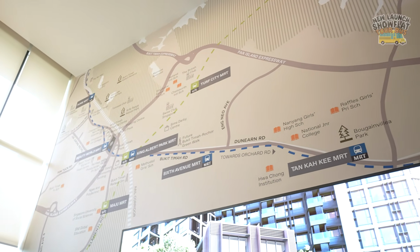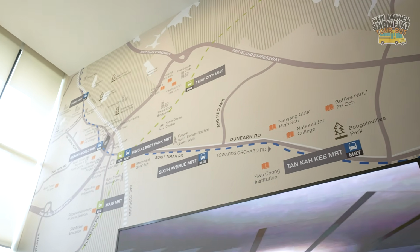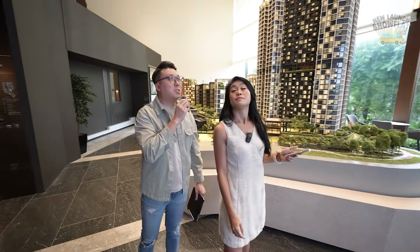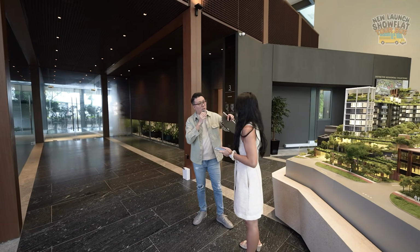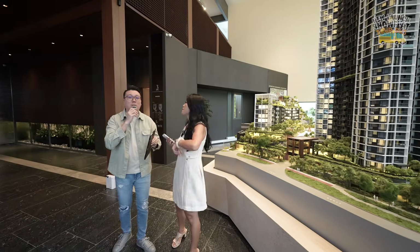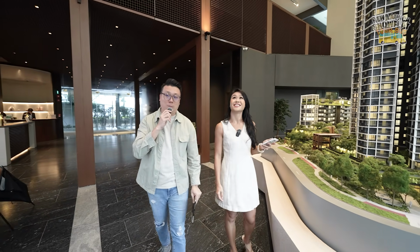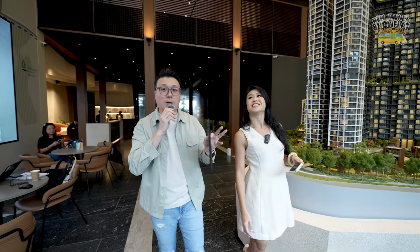So I think recently there's a lot of attention on this part of Singapore. I think it's largely because it is very convenient because of the Cross Island Line. And we call it the Cross Island Line, is the blue color one, right? No, the Cross Island Line is the green color one. The blue color one is the Downtown Line. So with the Downtown Line, it is actually very convenient. That actually brings you from the Bukit Panjang side area of Singapore, correct, all the way down to the center part of Singapore,